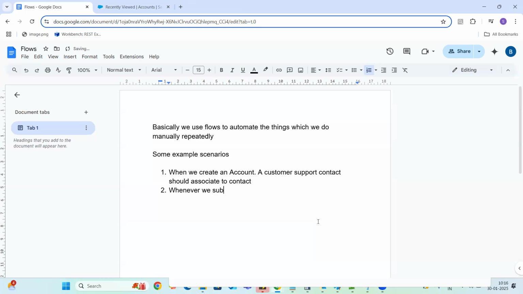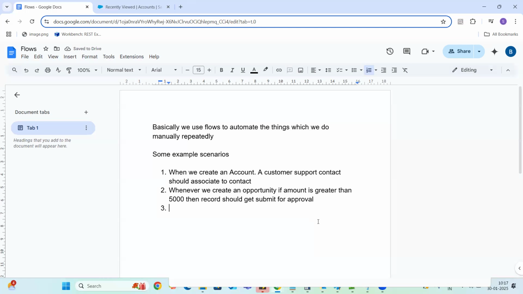Sorry, whenever we create an opportunity, if the amount is greater than 5000, then the record should get submitted for approval.